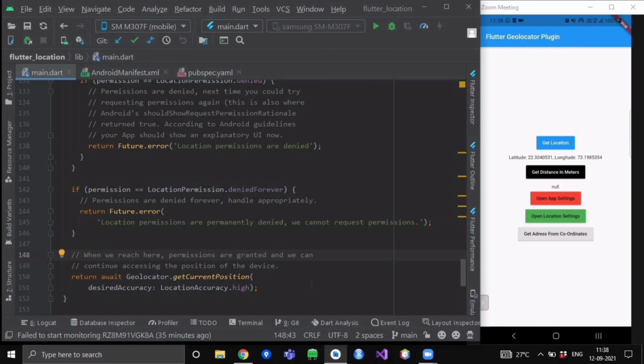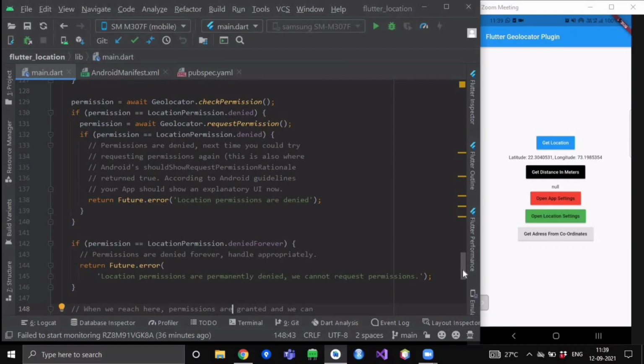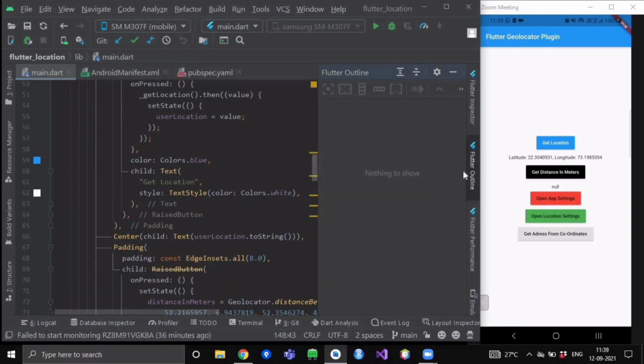So after doing this, when you will be running your app for the first time, at that time you have to enable your location services. And after this, when you click on this get location, it will ask you for checking the permissions. And then if you have enabled it, it will show you your current location coordinates in terms of latitude and longitude as shown over here. So after completing this function, we know now that it is going to return our position object.